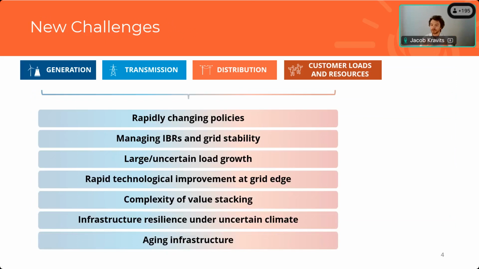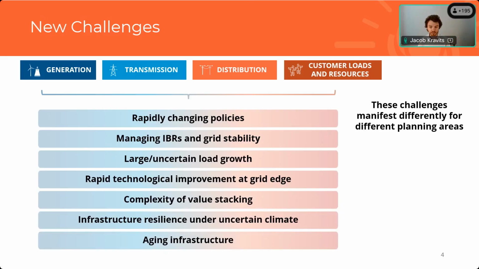So, like I said, this document was not prepared in a vacuum. We used the same 4 planning areas that Aaron introduced: generation, transmission, distribution, and customer planning. Now, Aaron did a great job of motivating these challenges, so I'm not really going to rehash those here. But one thing that is unique to the guidebook is that these challenges manifest themselves differently across the different planning areas. And in fact, it's because these problems impact each planning area in a unique way, we need to think about integrated planning solutions that span multiple planning areas.